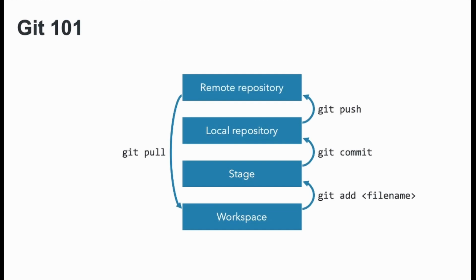So this makes these layers that connect those Git commands, that made the most sense to me. So now git add really means for me Git added to the stage. As you can see, I'm a very visual person. Git consists of the workspace, the stage, sometimes also called index, the local repository, and the remote repository.